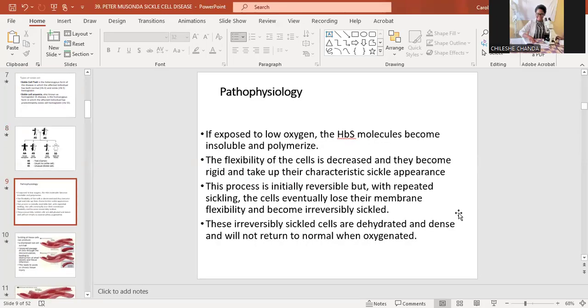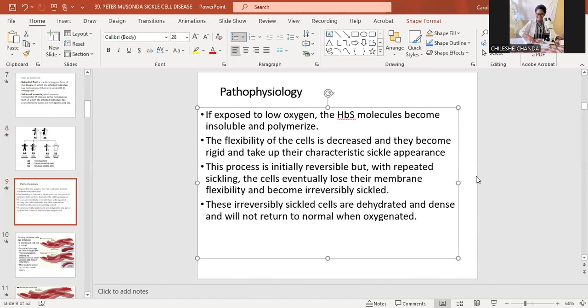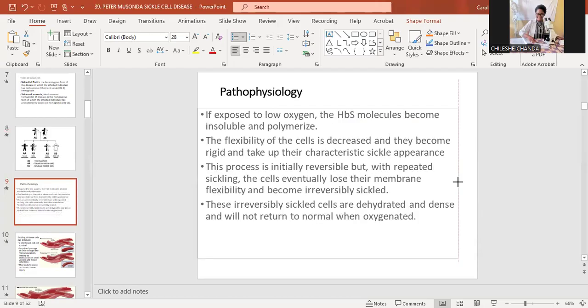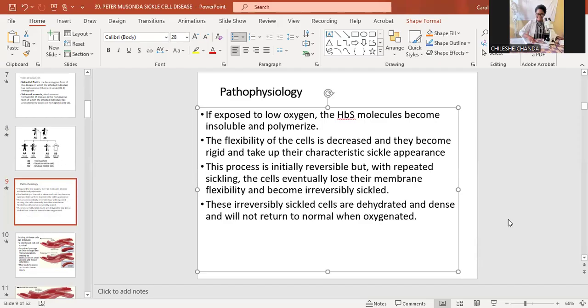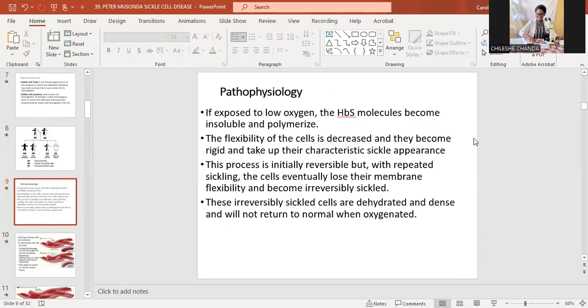The pathophysiology of sickle cell disease. Now, when the patient who has HBS is exposed to low oxygen tension, which can be as a result of anything ranging from exercise to diseases that lead to dehydration, for example diarrhea, or diseases such as malaria that lead to the patient having a low red blood cell count,